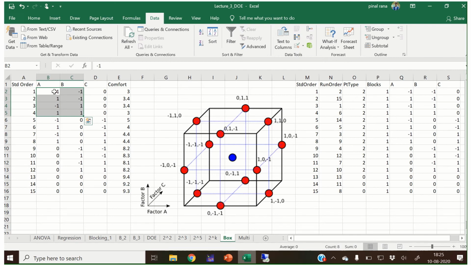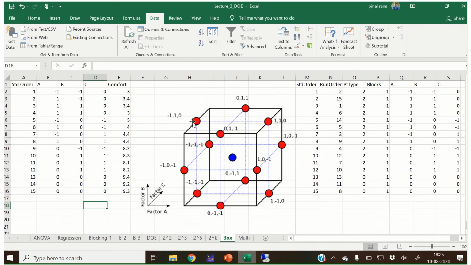In the same way, the A value is copied over here, the B value copied over here, and the C value copied over here. In the same way, this 2 value I copied over here, and the first will become 0, and the center point I have repeated 3 times. So this way we can create a Volkswagen design.